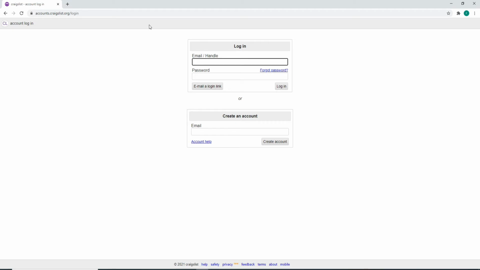the login page. Enter your email on the first field and move on to the next step and enter your password. In case you forgot the password, click on Forgot Password link at the right corner and reset your password by following the instructions. Now, if you don't have an account yet, you can create an account by entering your